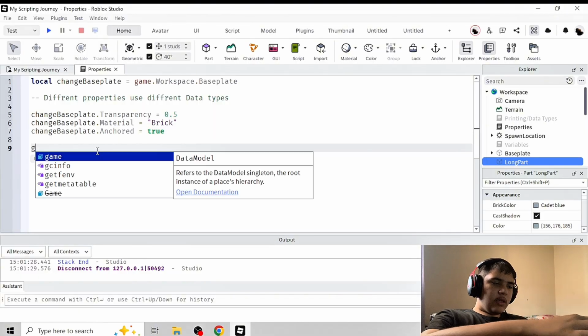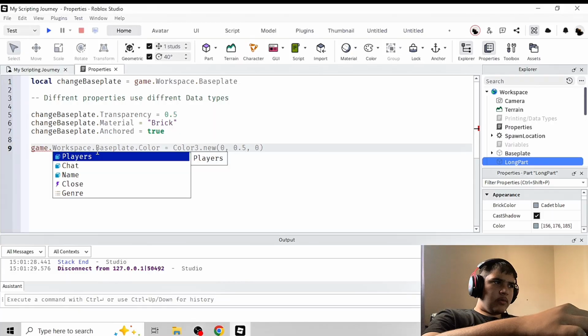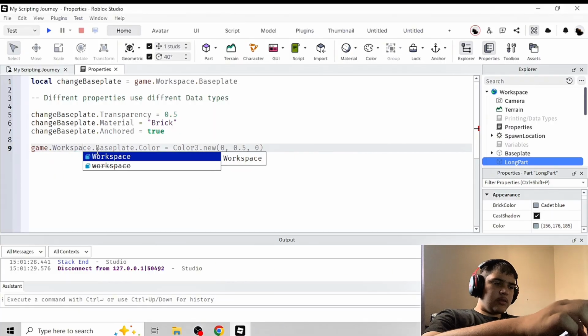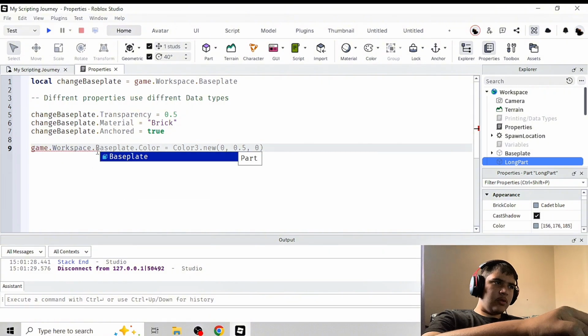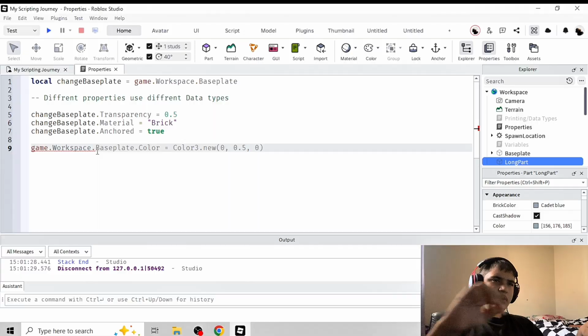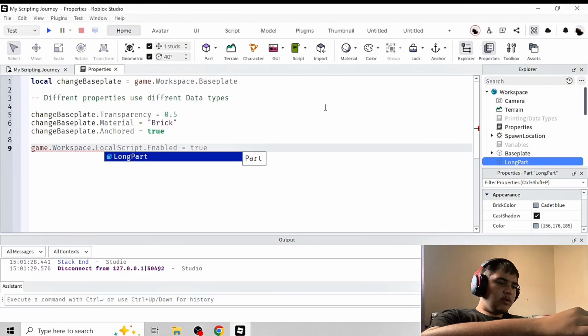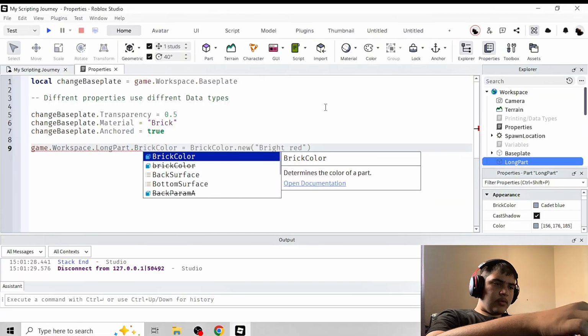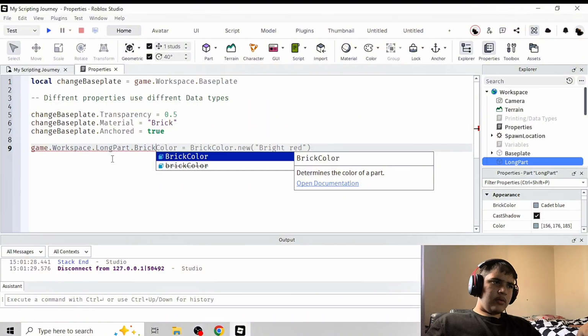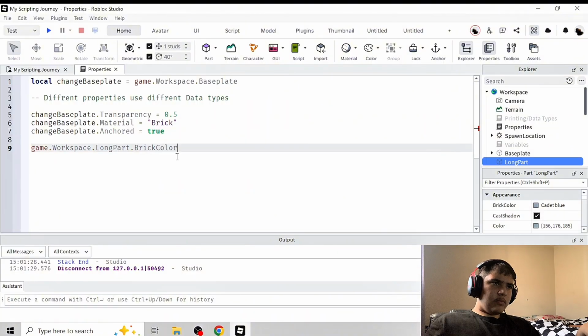So game.workspace. No, not base plate. This part is called long part, so long part dot, let's do brick color. The brick color equals